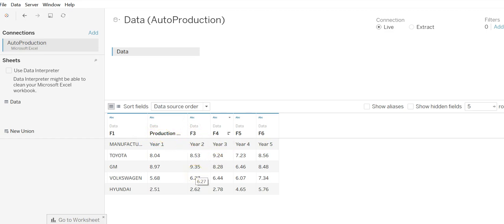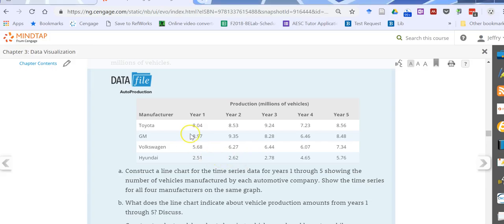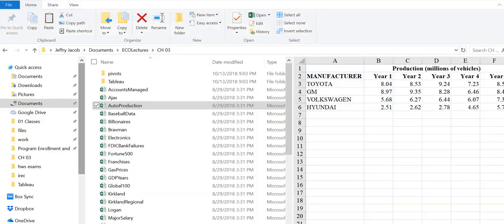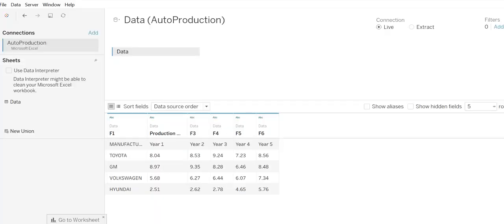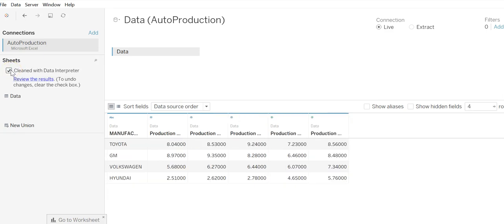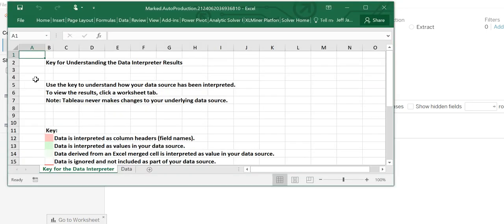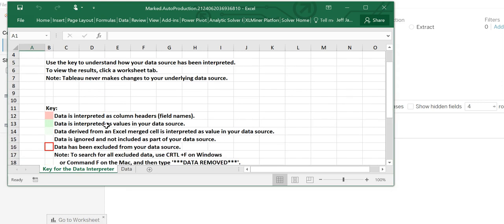And that's essentially because of the nature of the data set. It is throwing Tableau off because of an extra line here. So how do we resolve this? Well, Tableau has a utility built in which is called Data Interpreter, and it will do some of the job for us. If we click on review results,